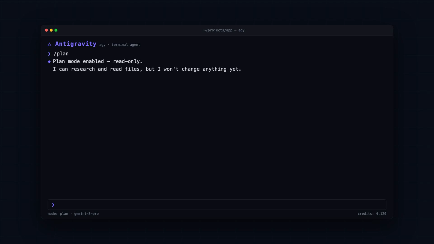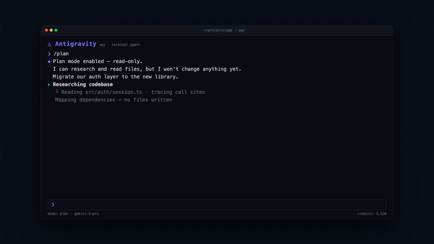Now we give it the actual task. We ask it to migrate our authentication layer to a new library. Notice it doesn't jump straight into edits. Instead, it starts exploring the code to understand what's actually there. Watch it work through the codebase. It's reading the current auth module, tracing where those functions are called, and mapping the dependencies, all without writing anything